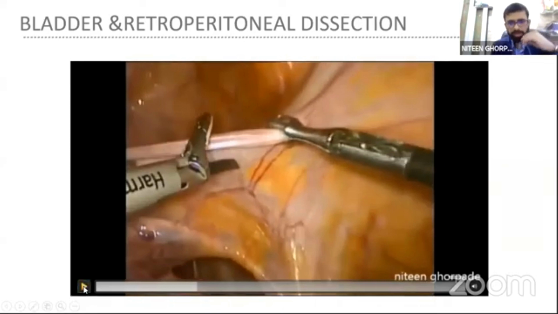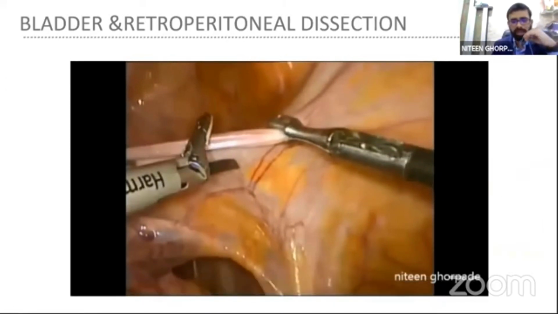So this is our triangle. Anteriorly there is the round ligament, medially the IP ligament, and laterally the external iliac vessels. The pararectal space lies beside the rectum, bounded medially by the rectum, laterally by the internal iliac artery, and anteriorly by the uterine. It is divided by the ureter into two spaces: the medial pararectal space and the lateral pararectal space. The medial pararectal space, also called Okabayashi space, has the hypogastric nerve running 2 centimeters below the ureter, and the lateral pararectal space, the Latzko space, is important for radical hysterectomy.